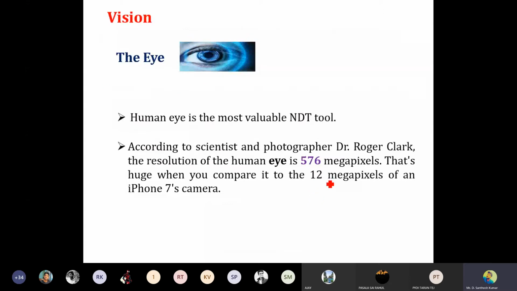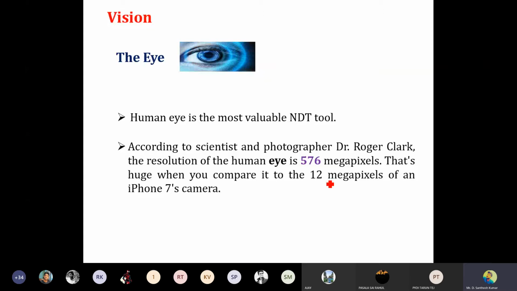So for the visual inspection method, we require some source. One kind of source is our eye. With the help of the eye only, we are identifying any kind of flaws or defects on the surface. And you know that the visual inspection method is not suitable for identifying defects inside the material, so it is only at surface level. Also, if the defect is in macro size, then only you can easily identify it. If it is nano size, it is very difficult to identify, we don't have that much feasibility in that.